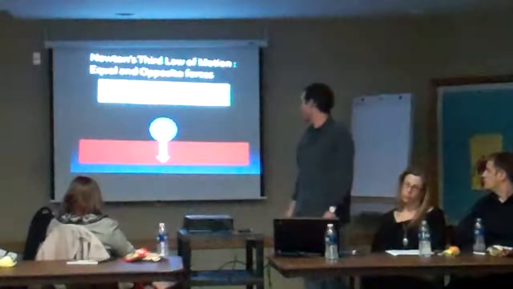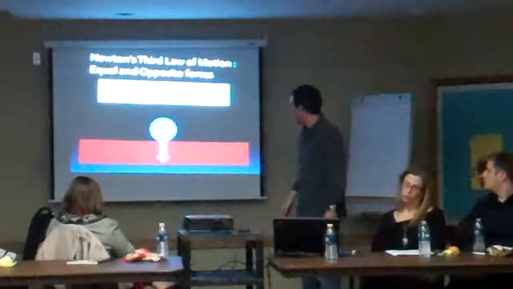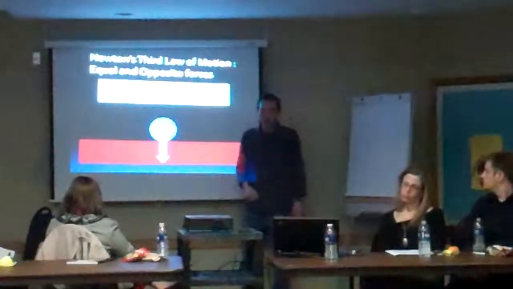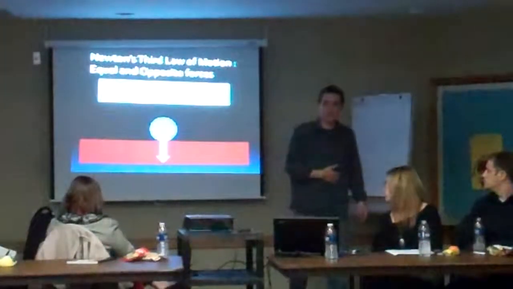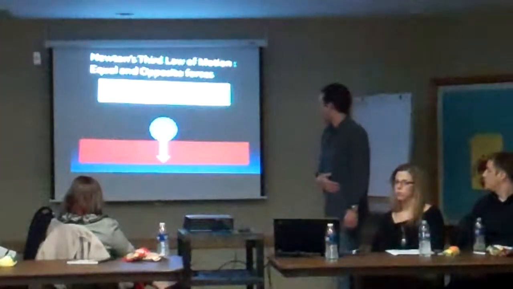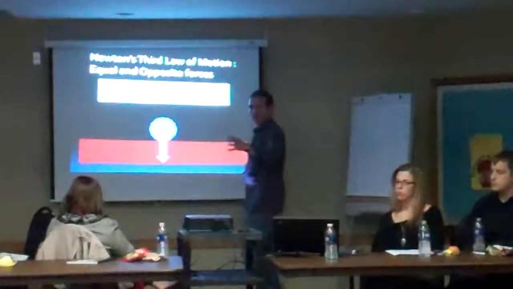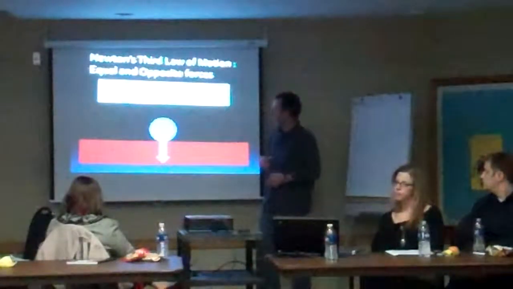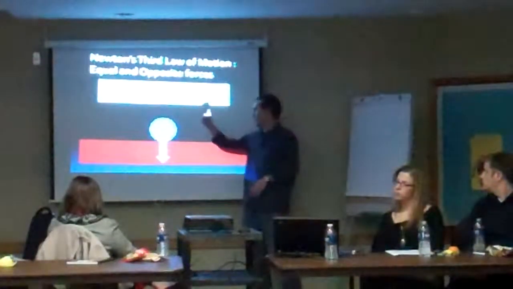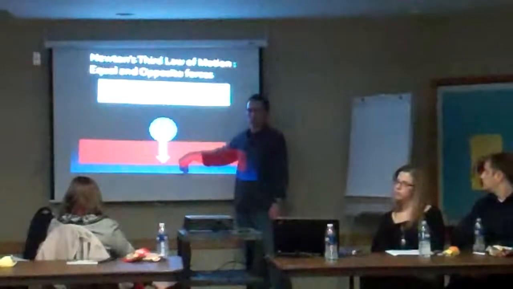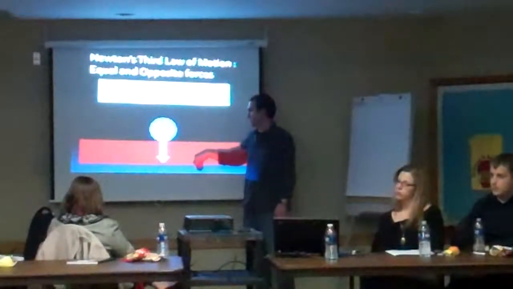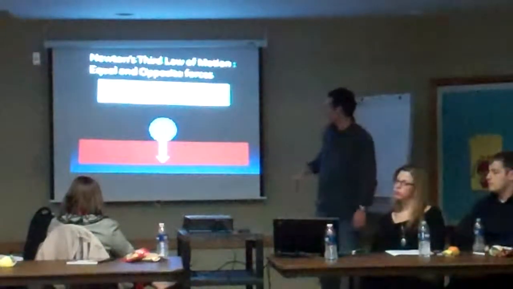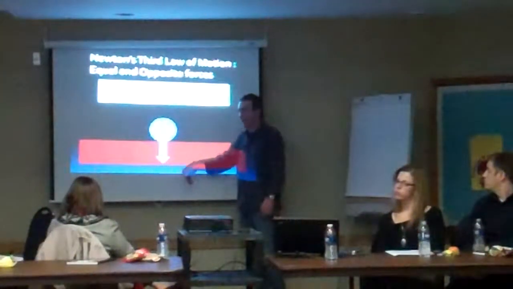So what have I drawn here? This force pointing down. What object is applying that force? Somebody said gravity, and that's an interesting answer because in a way that force originally comes from gravity. But the way I would say it is that gravity is applying the force to the ball, and in turn the ball is applying that force to the table. So that answer is right in a way, but you want to be careful. So yes, the ball is applying the force to the table downward.